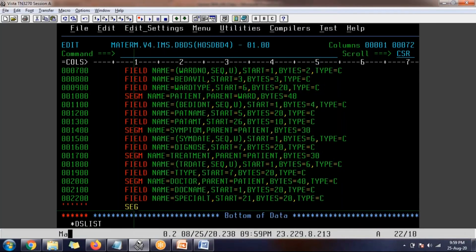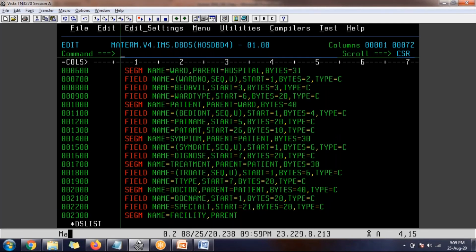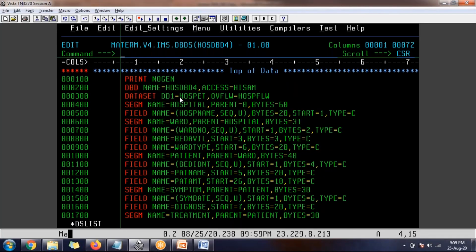The last one is facility. Segment name is equal to facility, comma, parent. Who is the parent? Now it is the root, because the root is hospital only, right? So go here on the top.